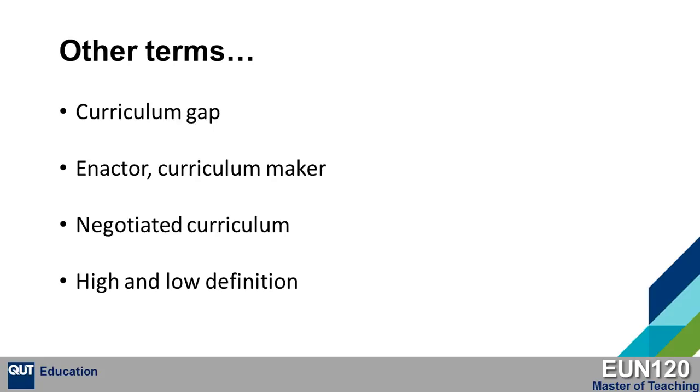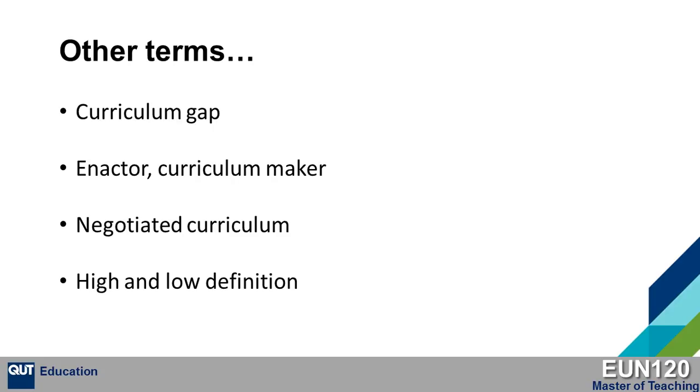Another phrase you might come across is negotiated curriculum. This allows for student agency in the learning process, and by the time you get to your last curriculum unit, the Learning Project in Curriculum and Pedagogy 6, the assessment piece is a negotiated task. In this final unit, your desires and interests are central to the learning process, where what is taught will be a planned negotiation between you and your tutor.